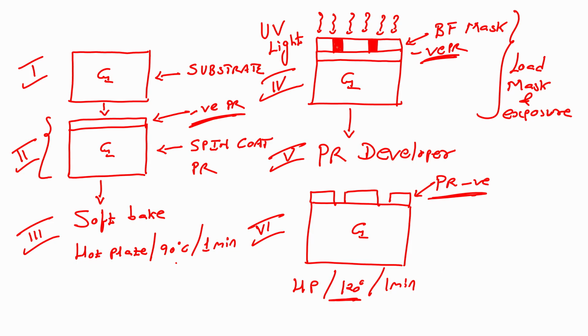The area which is not exposed becomes weaker, right. So, now if I want to have this pattern, I will use negative photoresist. If I want to have the same pattern which is here in the mask, then I will use a positive photoresist. If I use positive photoresist, what will I have? We have just seen in positive photoresist, we have pattern like this, is not it? Easy, extremely easy, right.